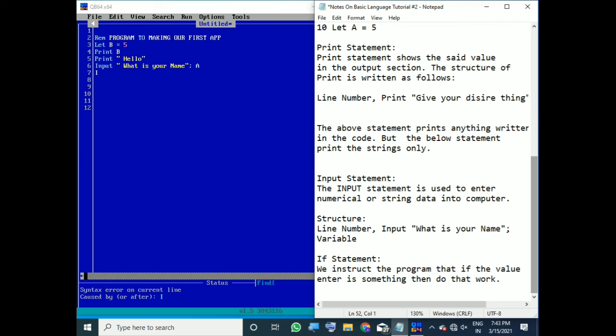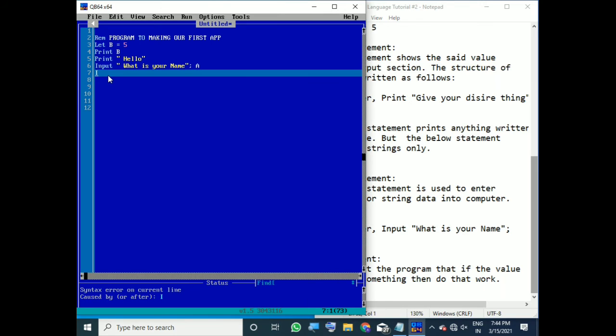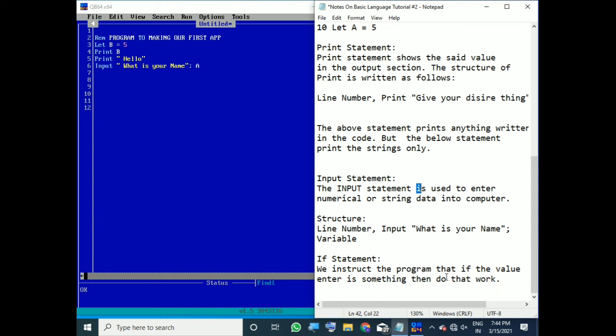So it means that it instructs the computer that suppose in the input section someone is writing his name as Amit, then print that your title is Sharma. If this thing comes, then we have to instruct that. So let's instruct it. So how to instruct? And there is some criteria for that.